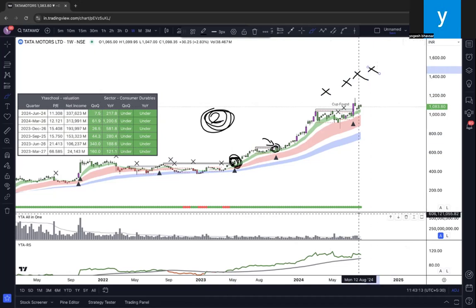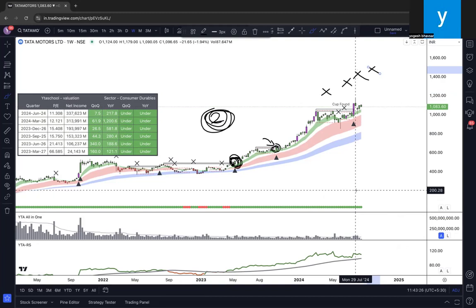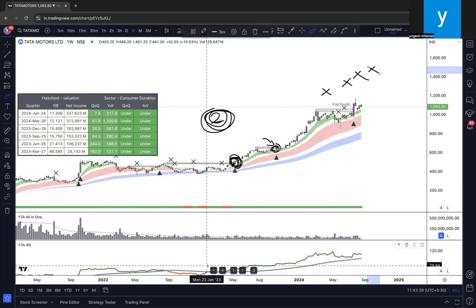The higher you go from the first leg, the more you are risking your capital. Higher the risk, higher the chances of it taking the stop loss. Okay? Look for new stocks. It is okay to not be in a trade for a couple of months or weeks. We are not here to trade. It is not a compulsion to trade. Trade quality. Trade when the new trend starts.